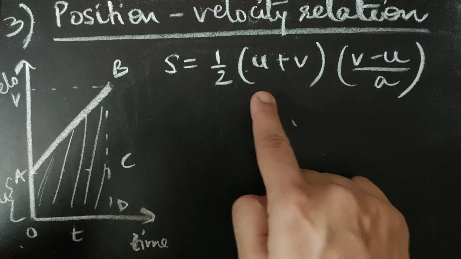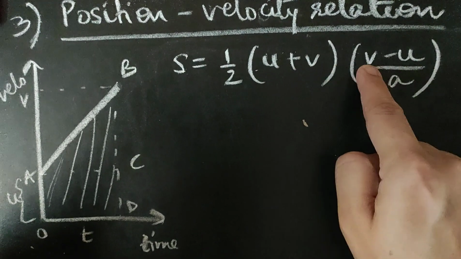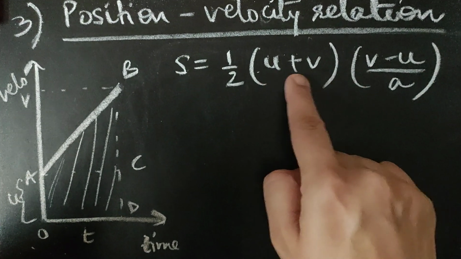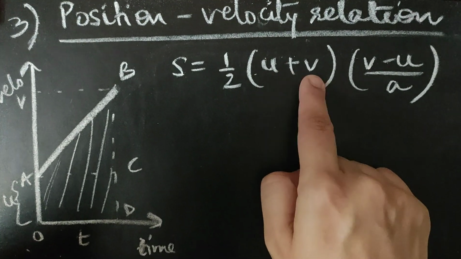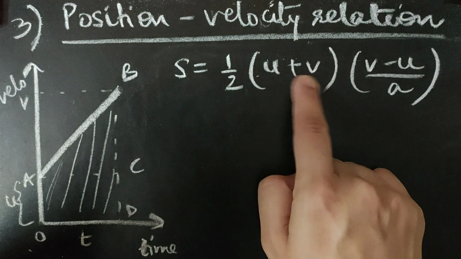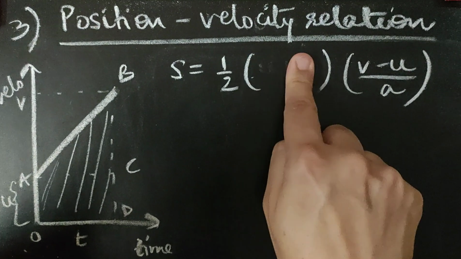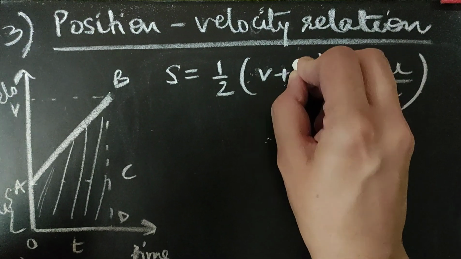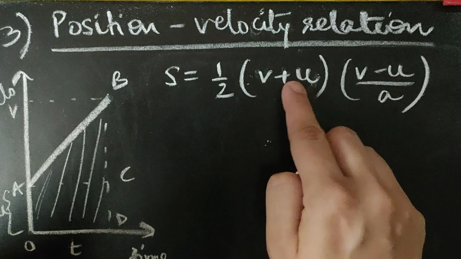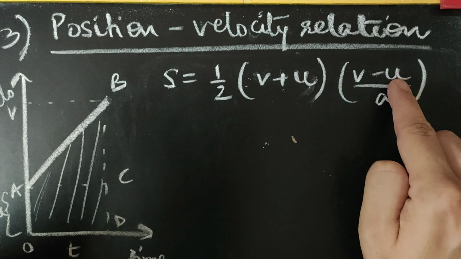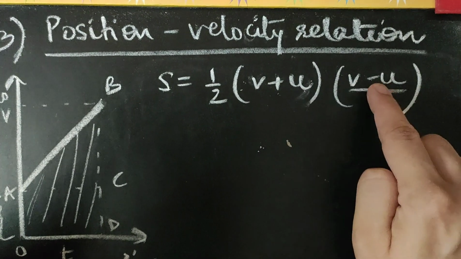Now you can clearly see in this equation we have u plus v and v minus u. I can read this as v plus u also, it won't make any difference. We know addition is associative, so u plus v is similar to v plus u. Now if I write this as v plus u, I can clearly see an identity being used here, v plus u, v minus u. Remember the identity, a square minus b square is a plus b, a minus b.